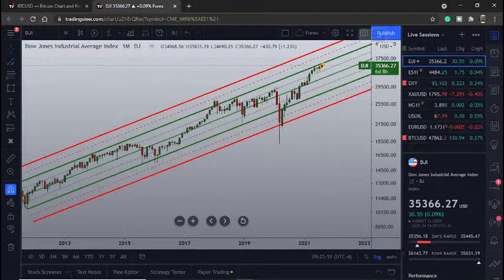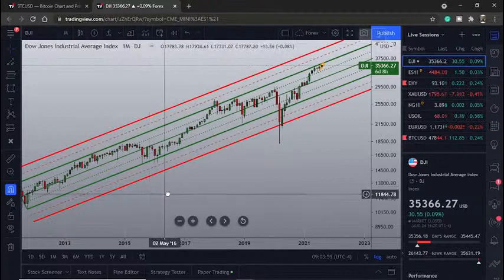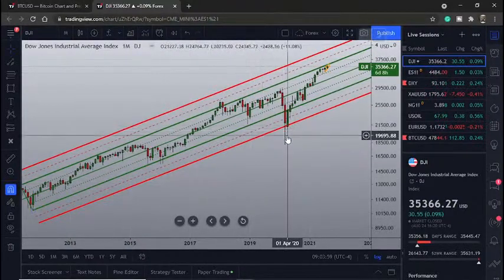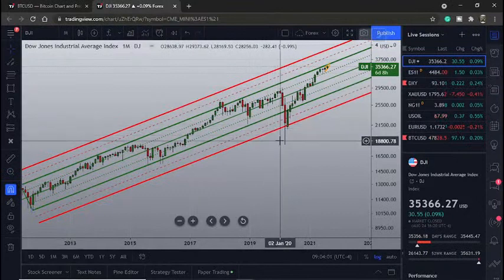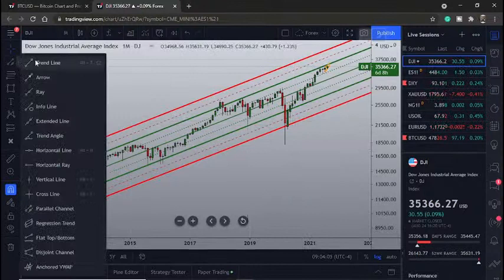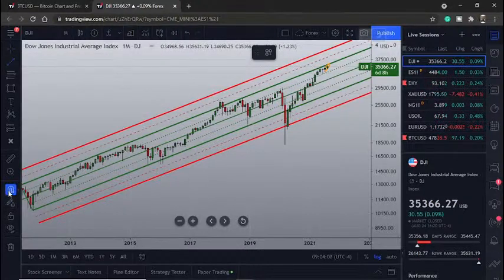But what is important here is that you can clearly see how well this pitchfork has contained price here. Now we did have that undershoot below this low red warning line, as we would call it, but price failed to close below it. Very interesting though is if you would take the same width